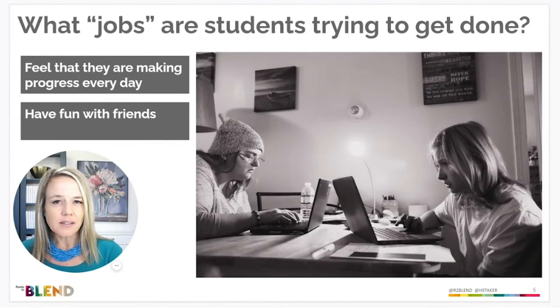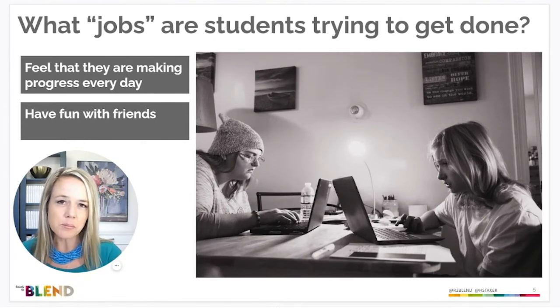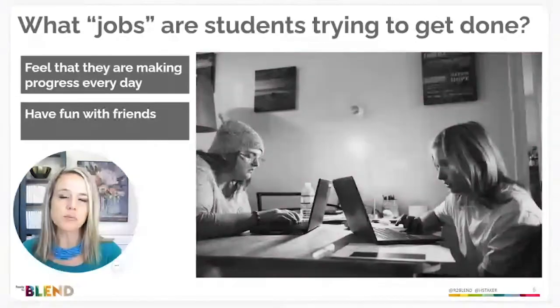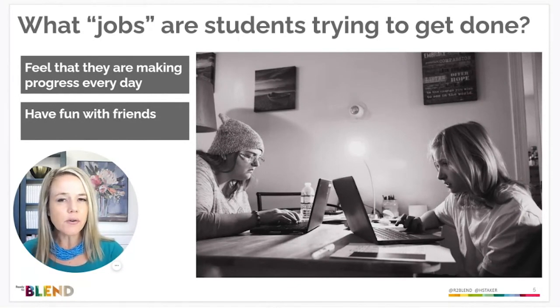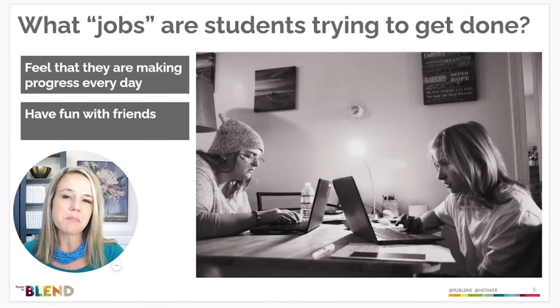That insight can help you as a teacher use your precious and scarce time more strategically. Instead of trying a million things to try to improve student engagement, laser focus in on students' jobs to be done, the type of progress that they're trying to make in their life every day, and specifically look for student experiences that help them feel successful every day, whether it's more frequent feedback, better feedback, more opportunities to resubmit,